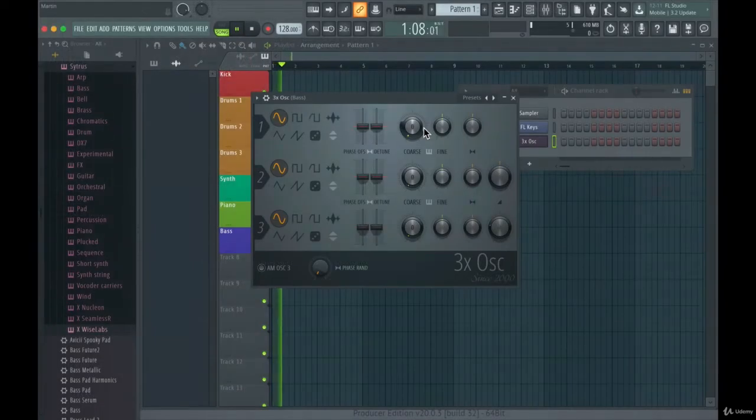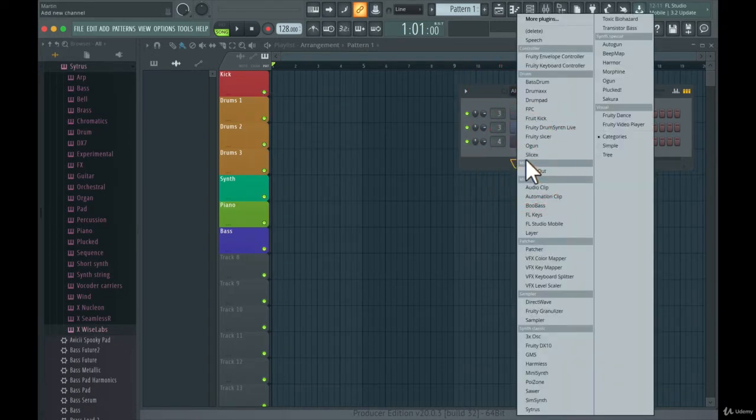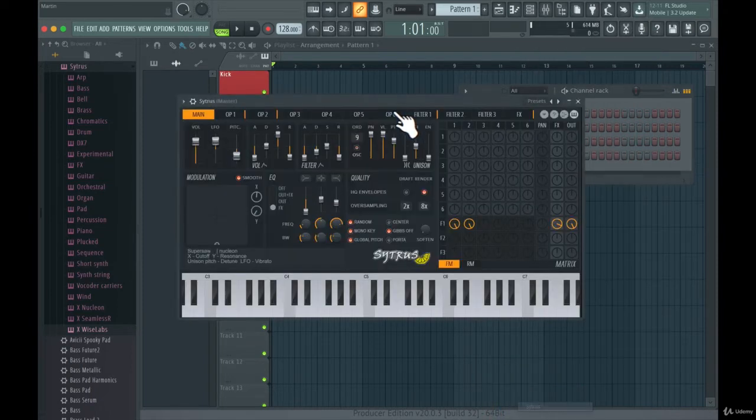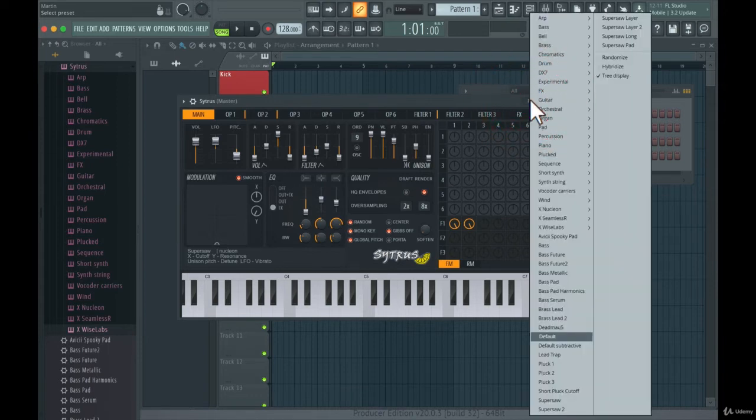Okay, so we now know what notes we should play. So first is F sharp, then A sharp, D sharp, and then we have B. So I'm going to start a new plugin here. It's called Sytrus, which I really like. It's a very powerful synth that comes with FL Studio. And I have some presets here that I'm going to include in this course for free. So let's take a listen to the different presets that I have here.